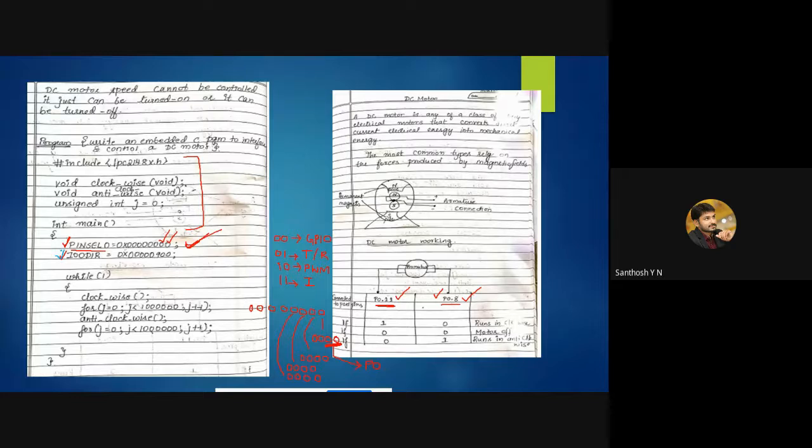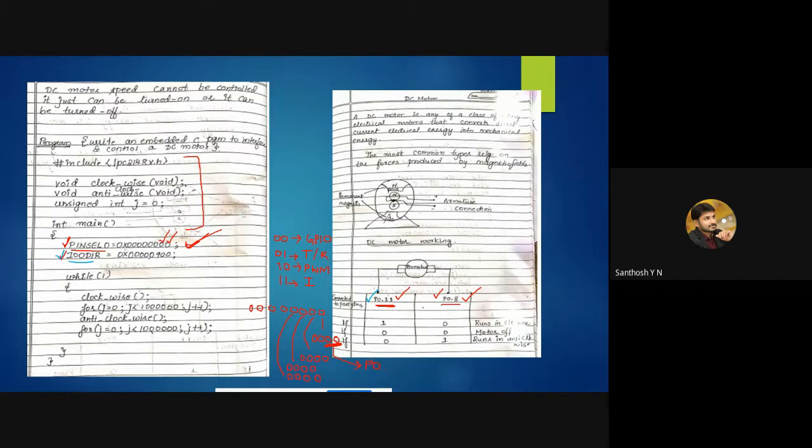There are only two registers, IO0 DIR and IO1 DIR. IO0 DIR is for port 0 pins, and IO1 DIR is for port 1 pins. So we are dealing with port 0 only. That's why we are choosing IO0 DIR.